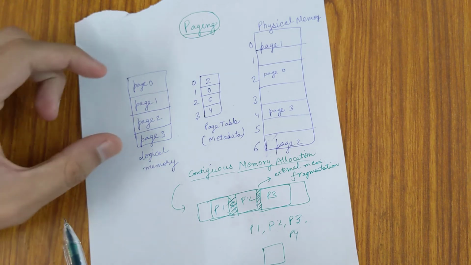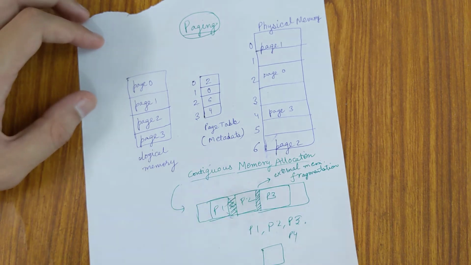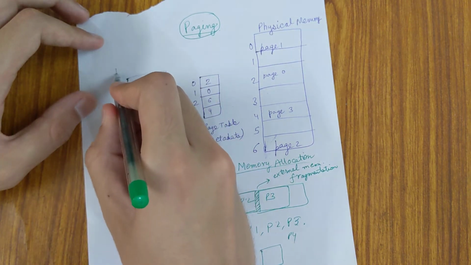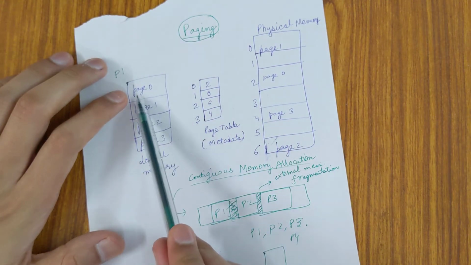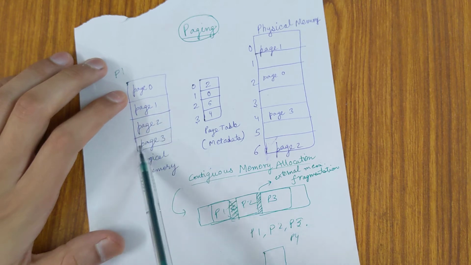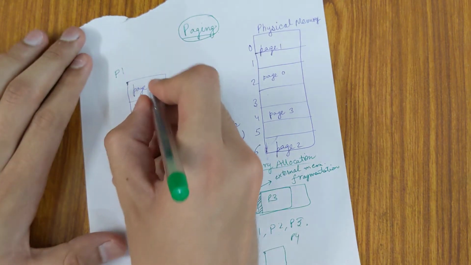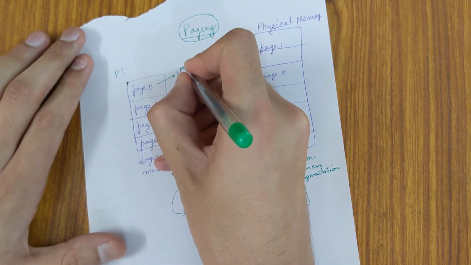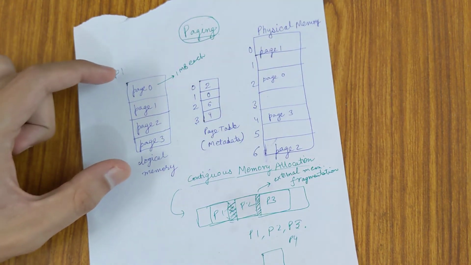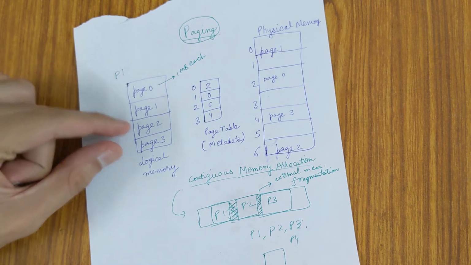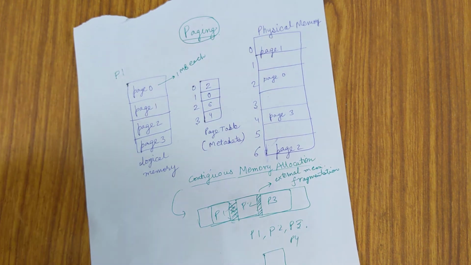In this technique we have our logical memory, which is, let's say, memory allocated to a process P1. These are the various portions of the logical memory: page 0, page 1, page 2, page 3. These can be any size, let's say all are 1 MB each. These pages are contiguous in logical memory, that is, these address spaces are contiguous, but